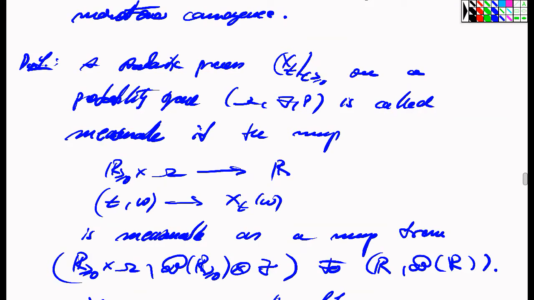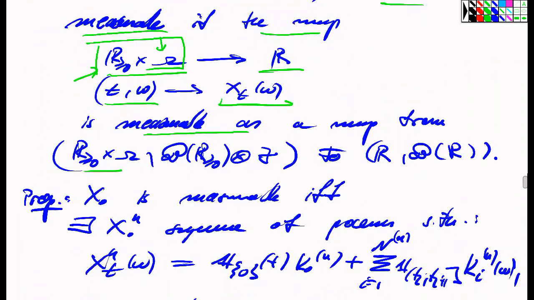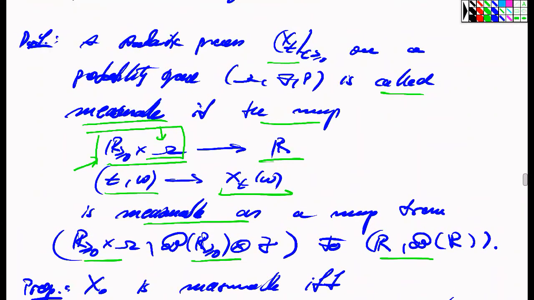The next one or two concepts will specify what are appropriate processes that can be integrated against a martingale. Namely, a stochastic process X on a probability space is called a measurable process if, when we consider the process as a joint map which accepts a time parameter and a randomness parameter omega, and gives back the value of the stochastic process at time t for the given realization of randomness omega, this map from the joint space of times and realizations of randomness into the reals is a measurable map. So a process is measurable if and only if, as a map in two variables, namely time and omega, it's a measurable map,